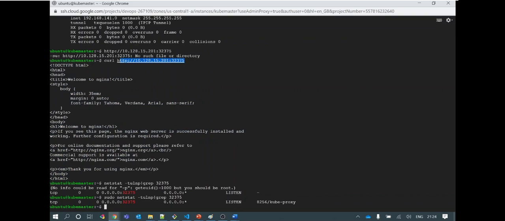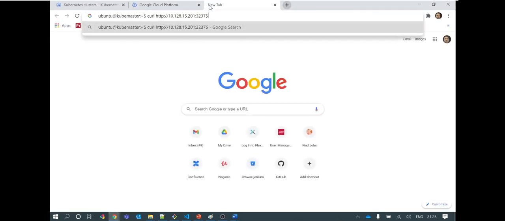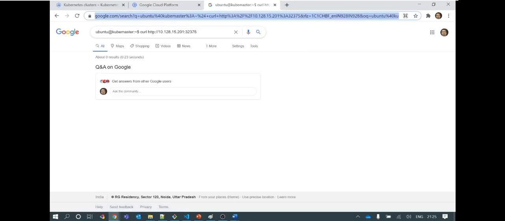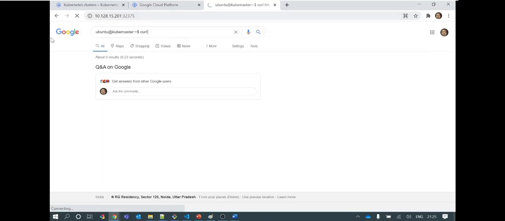Same command you can run on the web also if this is accessible outside. And your service should be accessible here also. Since it is a cloud machine, I need to open this port. That's why you will not see it is accessible here.